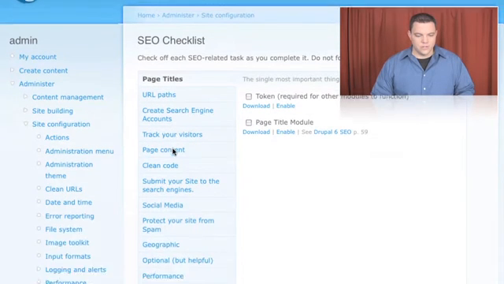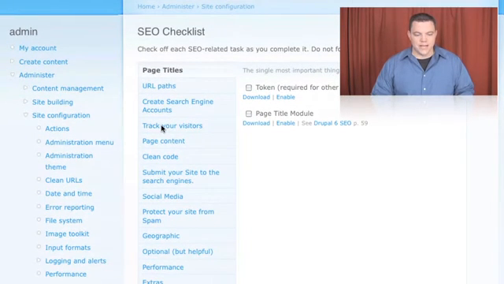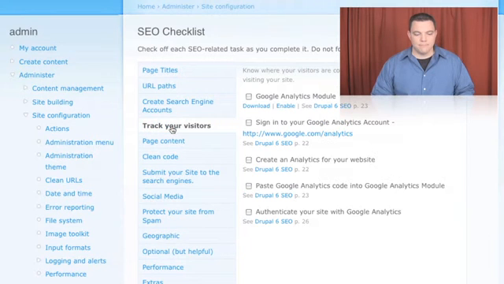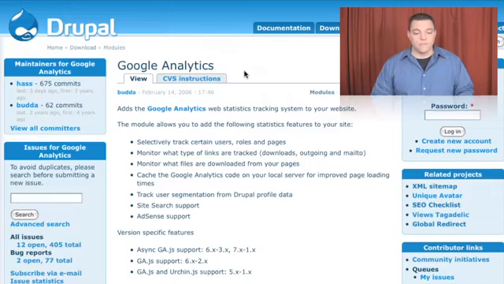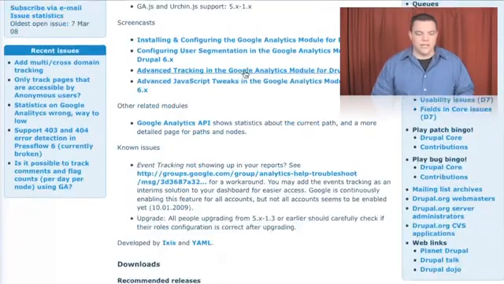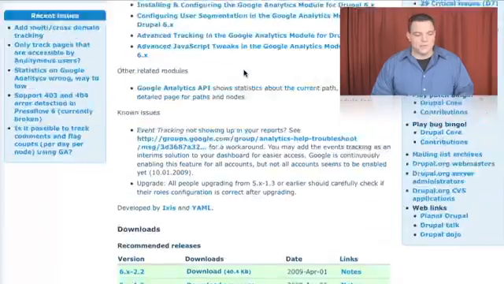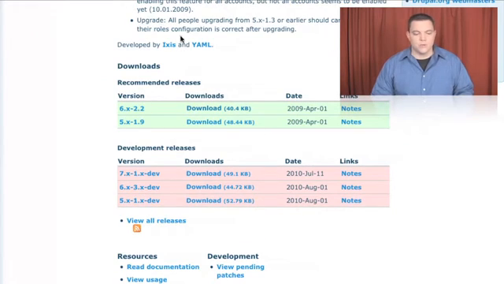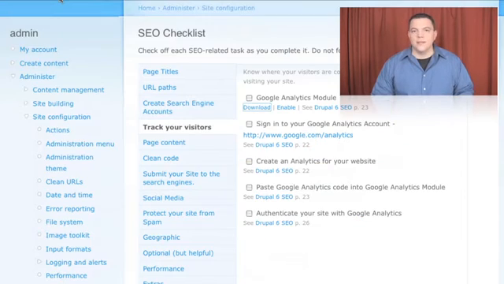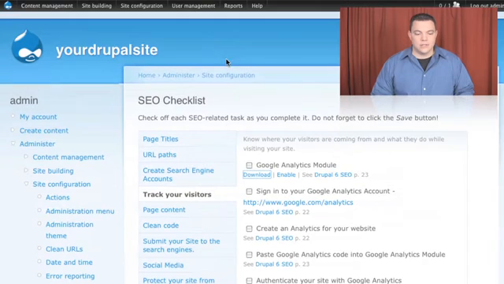and we're going to go down here to the Track Your Visitors tab. I'm going to click the tab, and you'll see the first thing on here is the Google Analytics module. If you need to download it, you'll click the download link. That'll take you over to Drupal.org. I've already downloaded it. I'm not going to do it again, but basically this will give you some good information about the module. Pick the one that you like, FTP it up to your site,